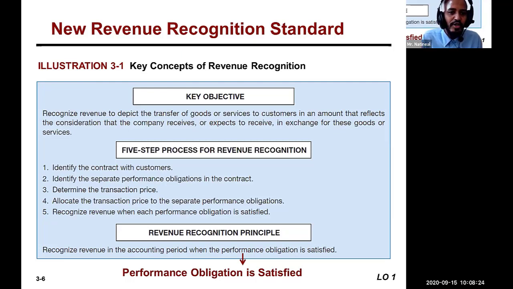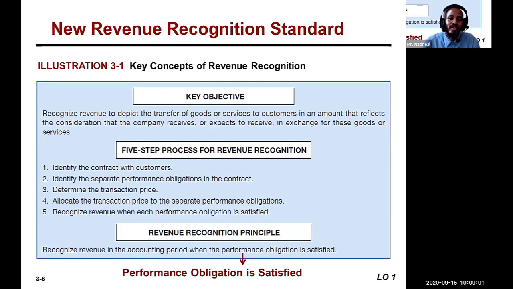Determine transaction price. ለዛ ነው በስንት ነው የሸጣችሁ? ስንት ነው ኤክስፔክት የምታደርጉት? እቃውን ሸጫለሁ፣ ሰርቪስ ሰጥቻለሁ። Allocate the transaction price to the separate performance obligations. ግዴታ ነው። Then the last one, recognize revenue when each performance obligation is what? Satisfied. You have to recognize መጨረሻ ላይ revenue when each performance obligation is what? Satisfied. ካረገ እዛ ላይ ኮንትራክቱ ላይ ያሉ ነገሮች ከተሟሉ፣ satisfied ከሆነ you have to